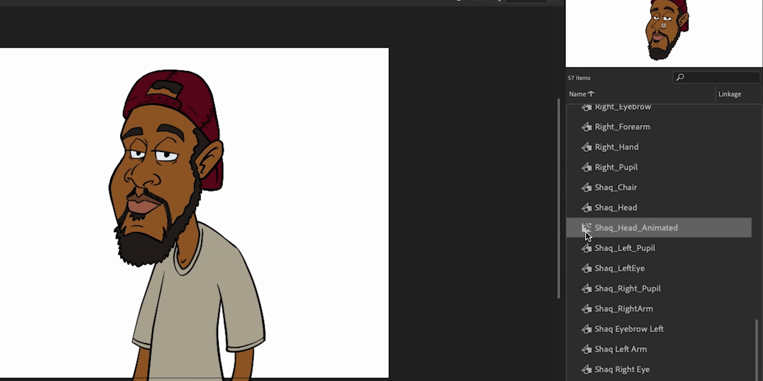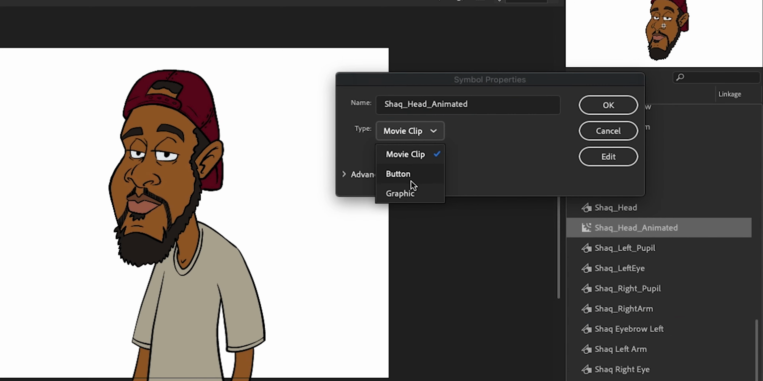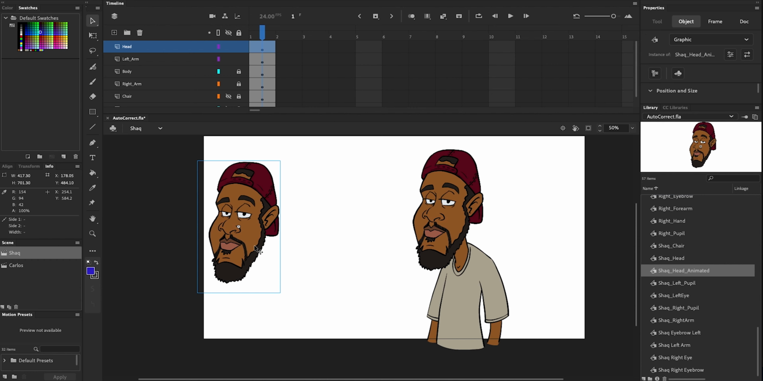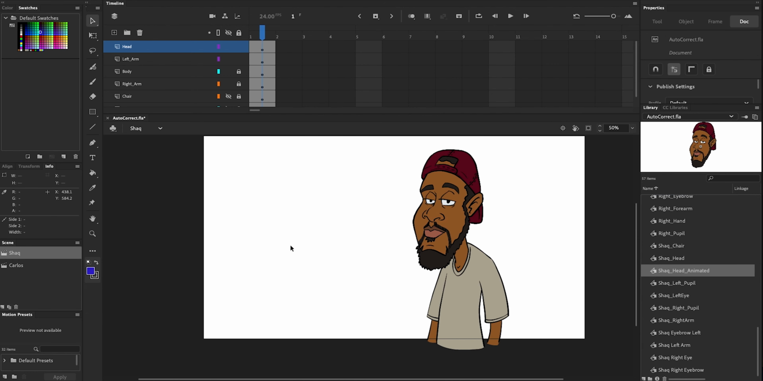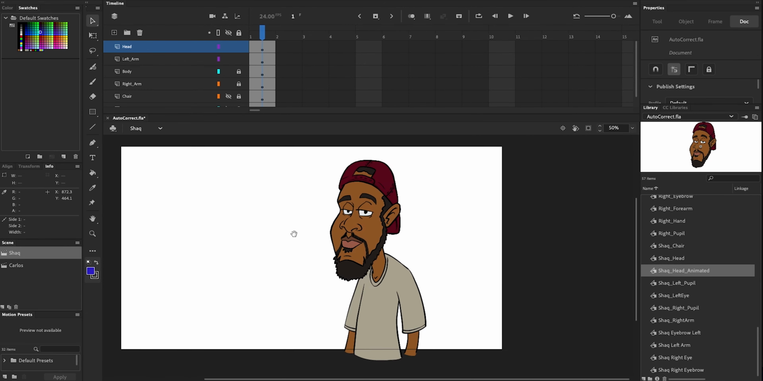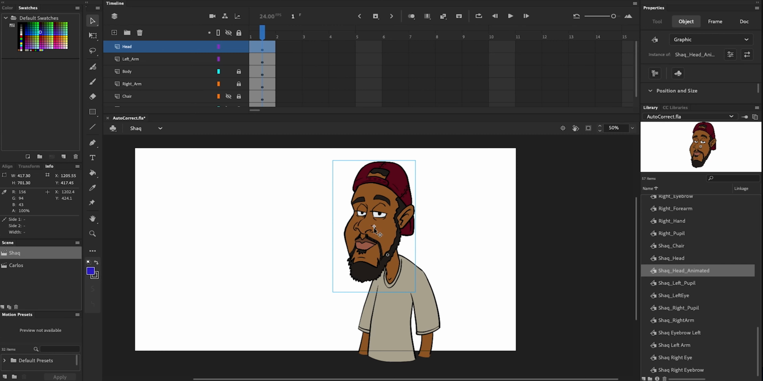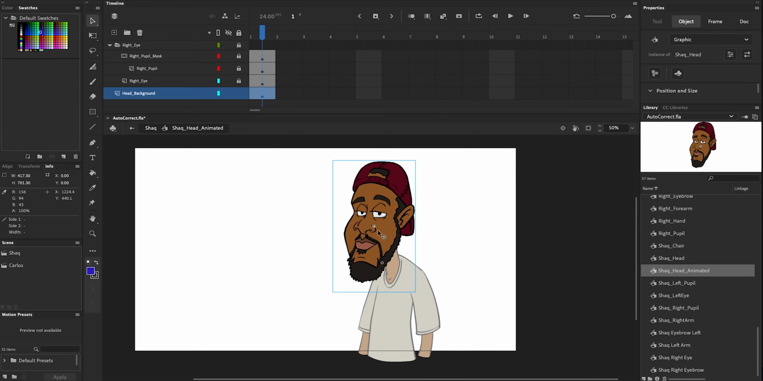The one that looks like a little box with a gear in it, a little bit of a sunshine or a gear or something, that's a movie clip. So I want to right click on that, go to properties, and change that to graphic. And then we're able to click and drag that and use it wherever we need it. But we don't need it there. We have our head here. I'm going to double click on the head